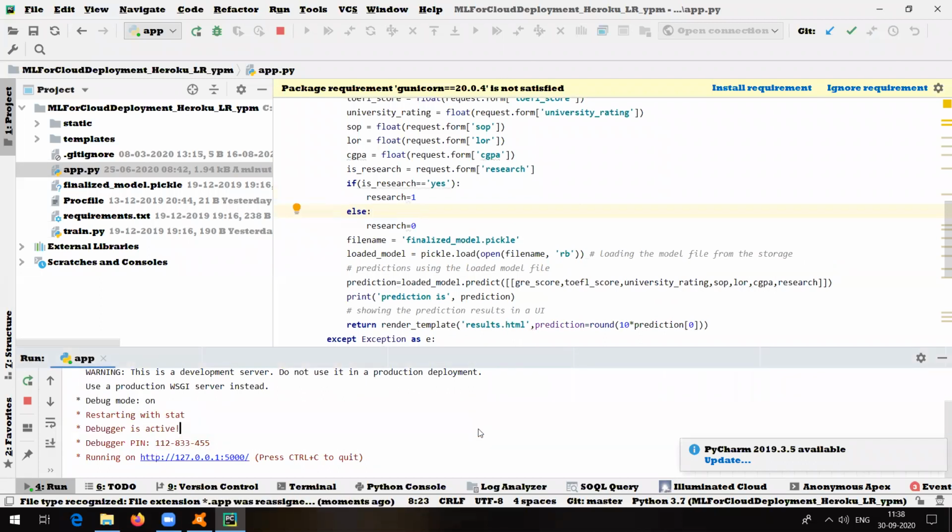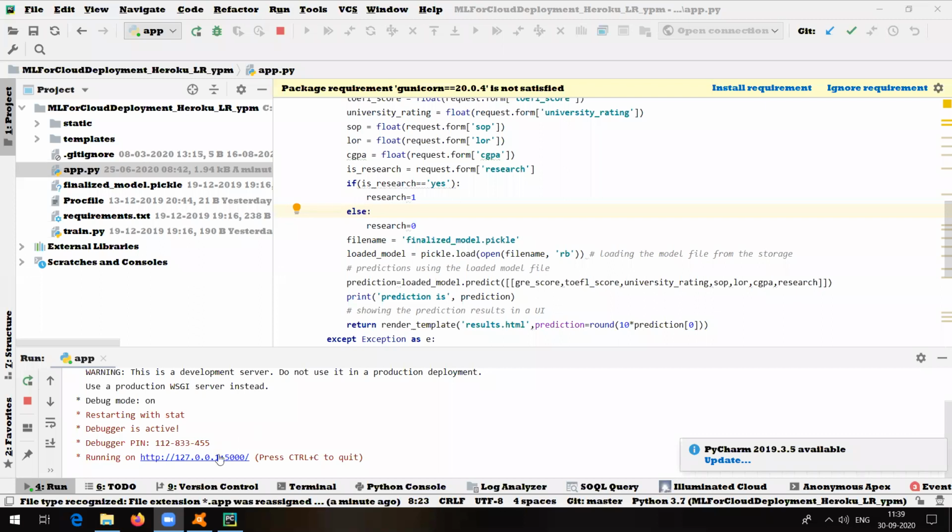Now where is it running? It's actually running on this, so this is the link I can say to access that project. And this is nothing but the port number. So 5000 is the default port number it is going to make use of, and 127.0.0.1 is nothing but localhost, that is my machine, my laptop in my case. So right now it's running on my machine. Later on we will deploy it onto cloud also, so that you people will also be able to make use of it.